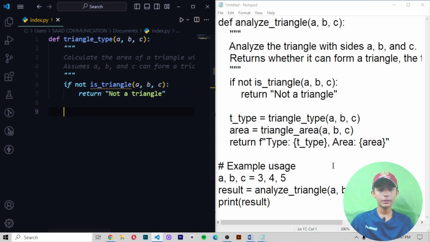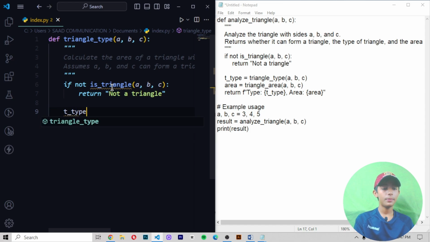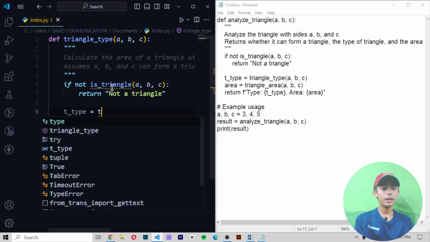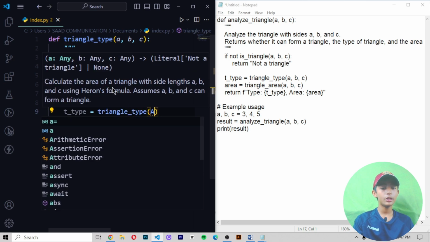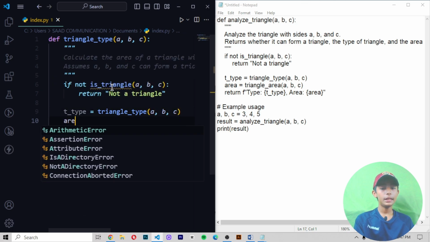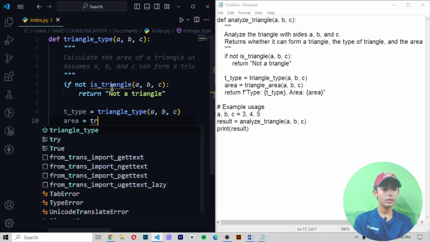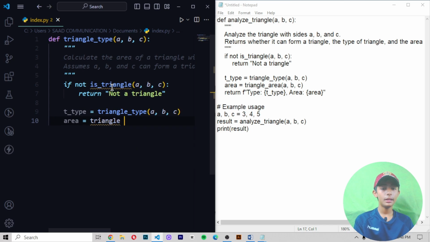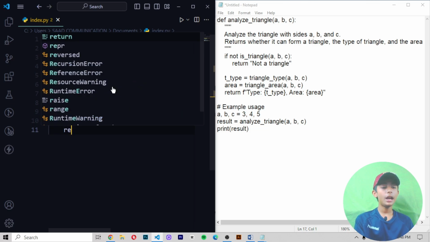Then here we write t_type equals triangle type, and then A, B, then C, and then area equals triangle area, and here we write the area will be A, B, then C,